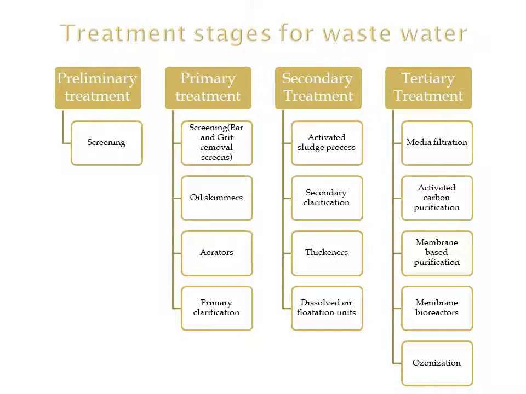Now secondary treatment. Secondary treatment for iron and steel plants can be carried out by trickling filters or by the activated sludge process. Mostly the activated sludge process is used, and in this method the bacteria decompose all the biodegradable organic compounds that are present in the wastewater. Thereafter, secondary clarification is carried out, and secondary clarifiers allow the separation of the water from the aeration tanks. Thickeners remove the water from the sludge so that the volume of the sludge is reduced to a great extent.